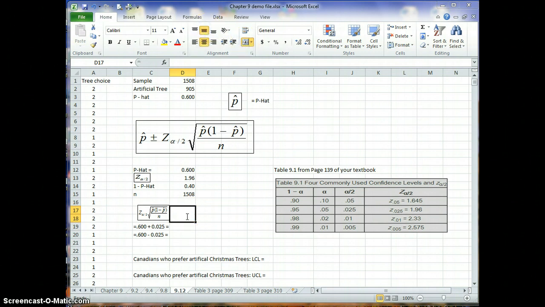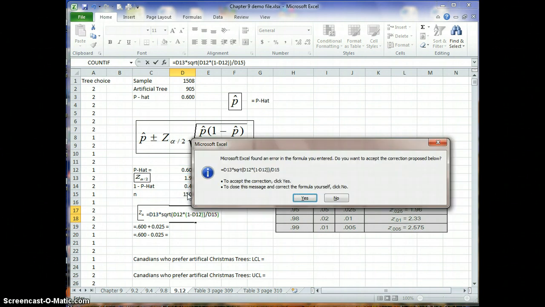It's going to be equal to the Z score, and again, just to confirm, it's the 95% Z score, which is 1.96, so D13 times the square root of p-hat times 1 minus p-hat divided by n, and that gives us